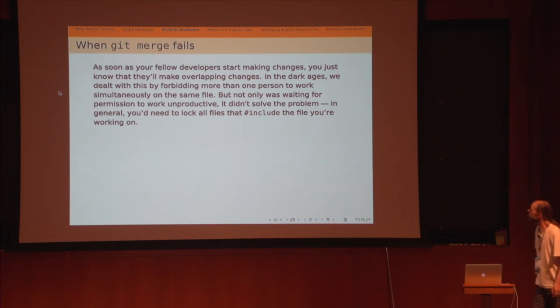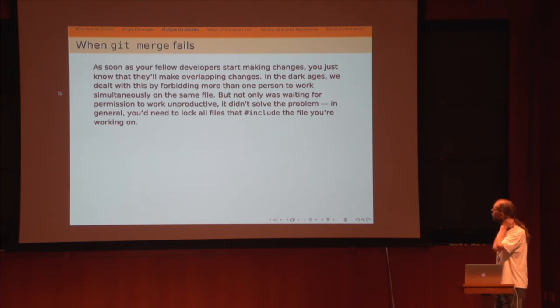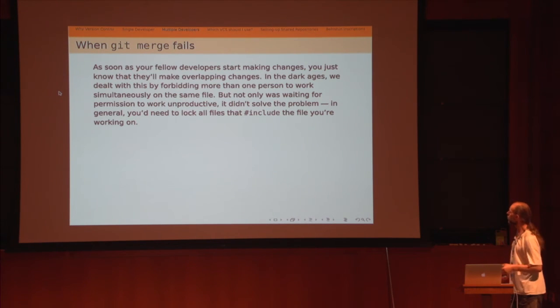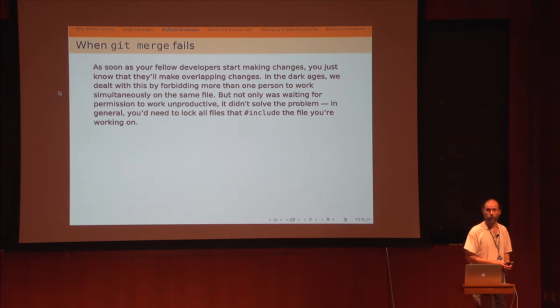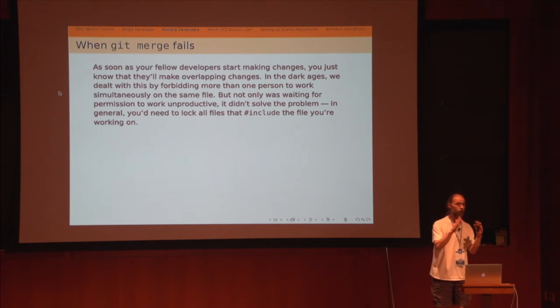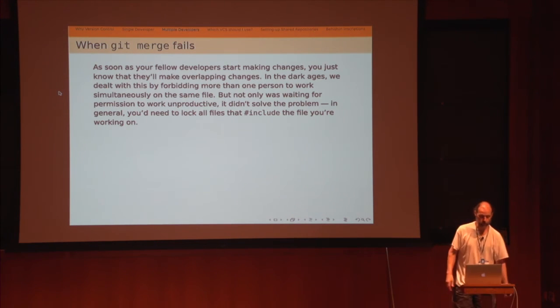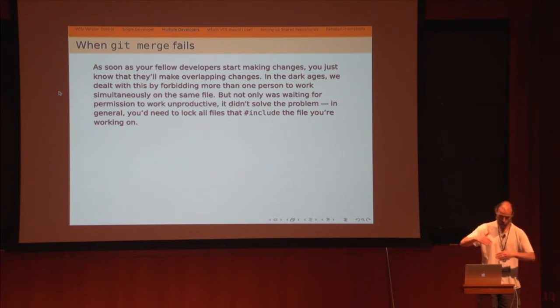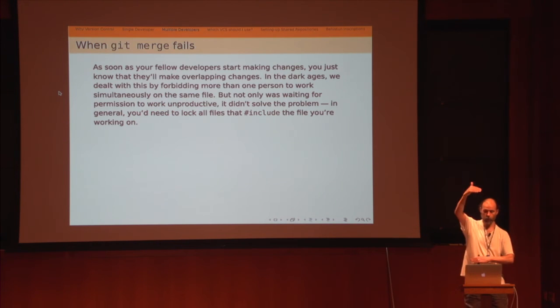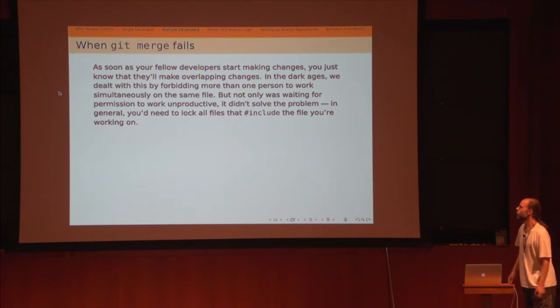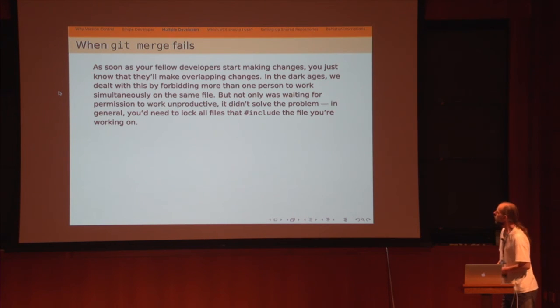In the old days, even before CVS, we forbade more than one person to work simultaneously on the same file. So if I was working on my program, only I was allowed to work on it. That wasn't very practical because typically somebody else was working at the bottom of the file and I was working at the top. So somebody, I think it was Brian Berliner, the CVS guy, said, that's stupid, let's not lock things. And in fact, it doesn't actually solve the problem anyway.